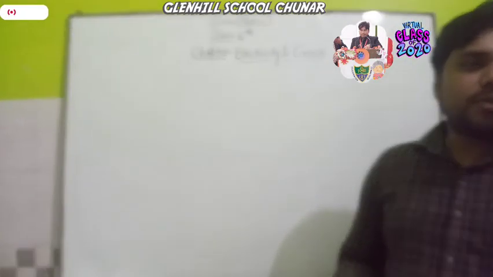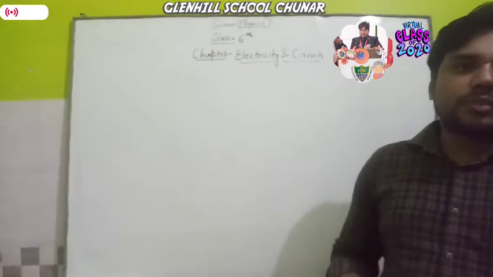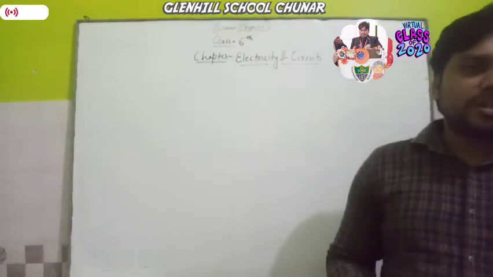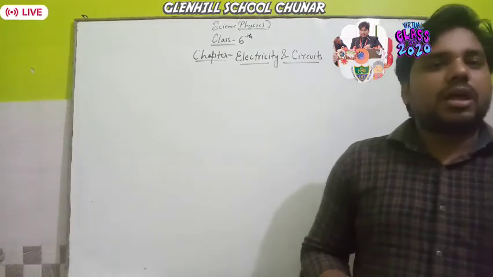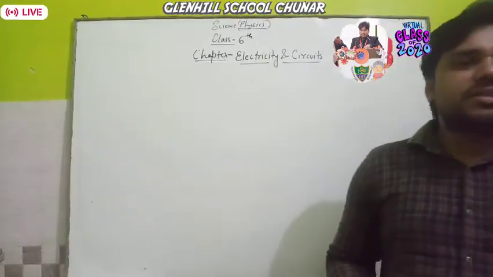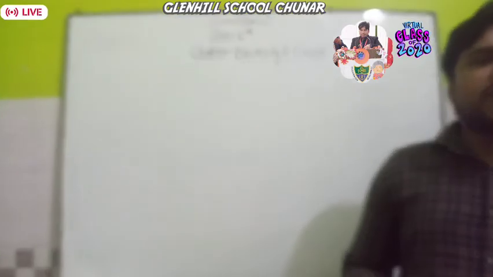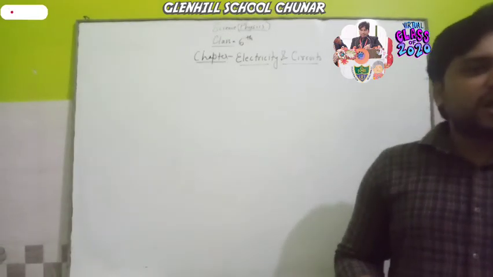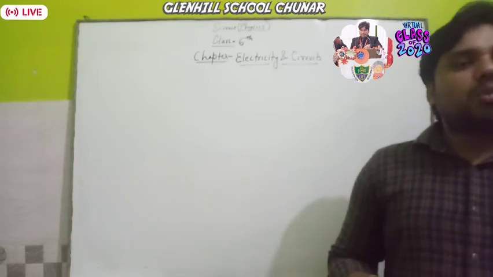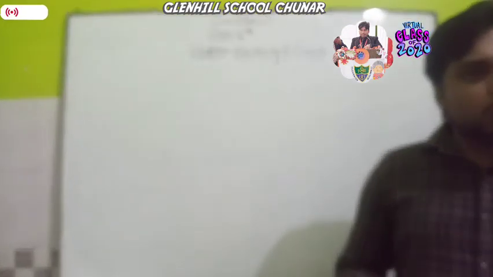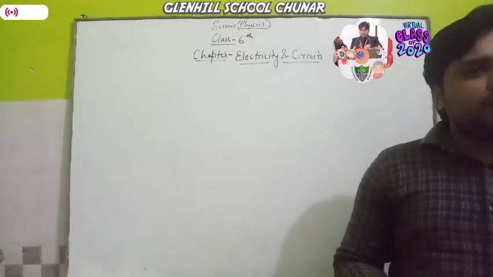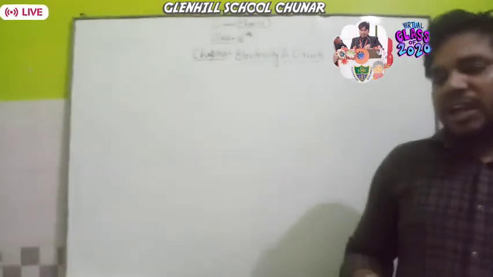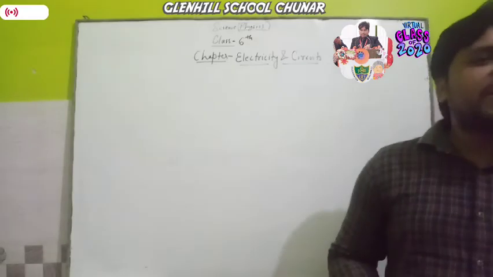So now today we are going to start the topic of the electric bulb or torch bulb. First we need to know what a bulb is. A bulb is an electronic device which emits light. How does it emit light? When the electric current is passed through it, then it emits light. But in a bulb, what element is present by which light is produced?